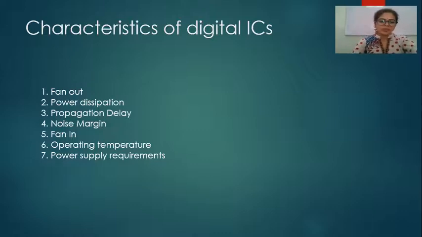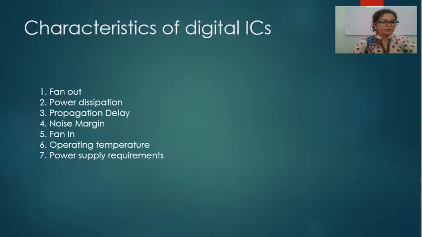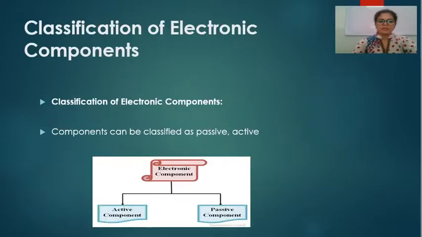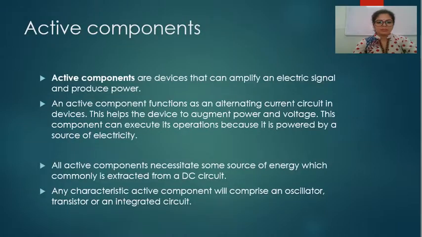So with this students, we have finished the first unit of CS2. So I just want to give you a brief introduction at the end, in summarized form, of whatever we have studied in the first unit. So in the first unit of CS2, we have studied about electronic components. The name of the unit was electronic components, where we have studied different types of electronic components. After that, we have studied classification of electronic components, where we have studied what are active components and passive components.